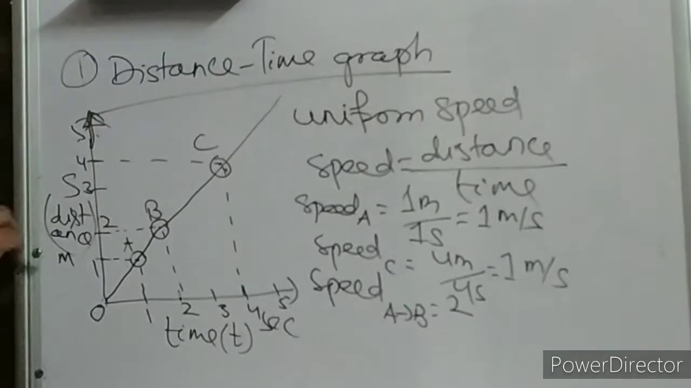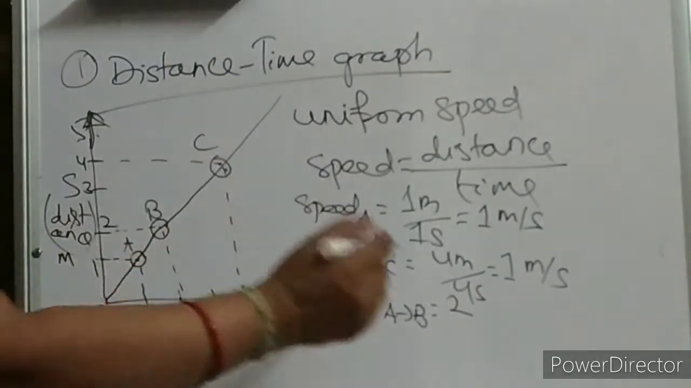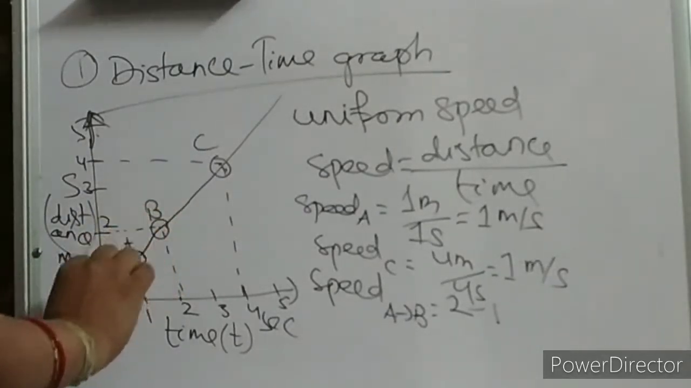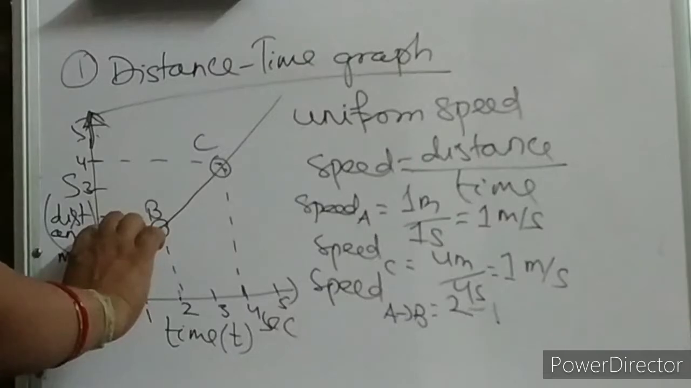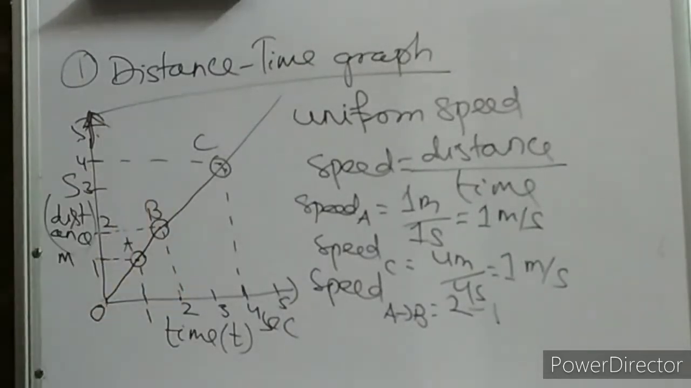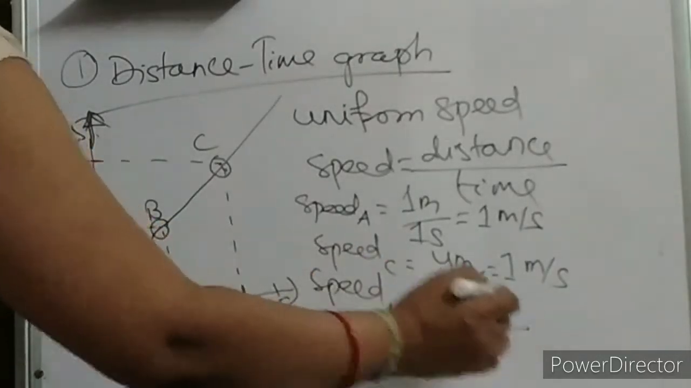Clear? And minus 1 distance at point A. When the body is at point A, what is the distance travelled? This much only, na? So what is that distance? So distance at this point minus distance at this point, that is the corresponding distance travelled. Am I clear? Divided